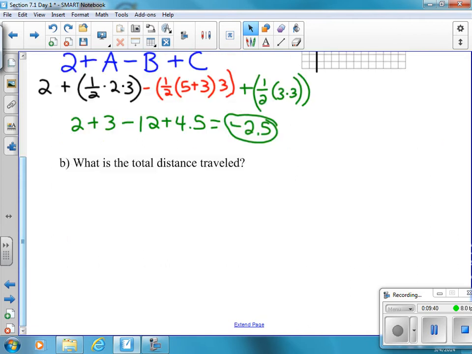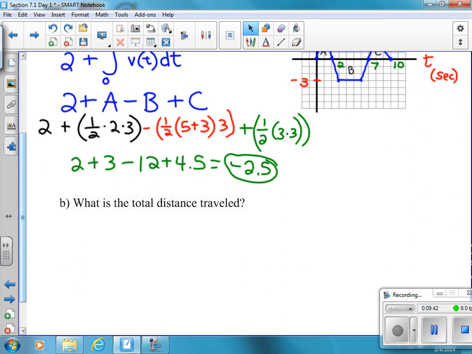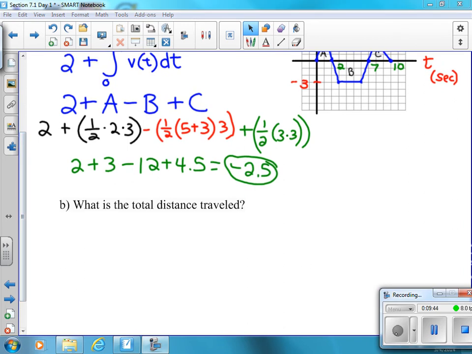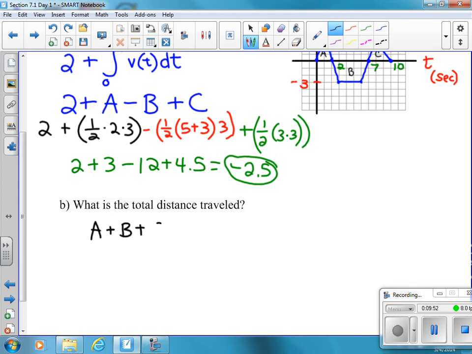Okay, the last question on this problem is, what is the total distance traveled? Okay, so the total distance traveled is just A plus B plus C. Since we've already figured out what each of those are, this is A, this is B, this is C, we're just going to add them together. We don't need to redo that whole thing. A plus B plus C, and that gives you